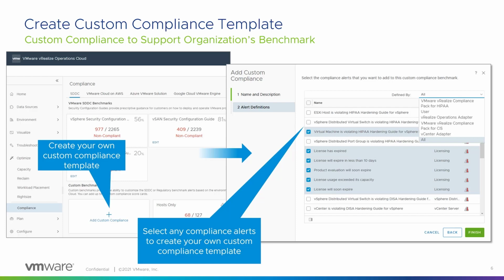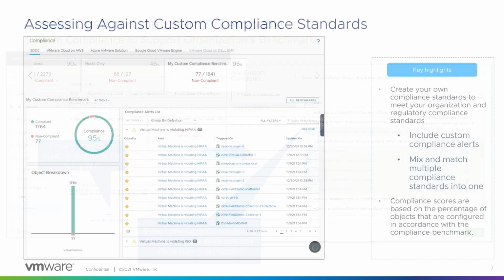Now, some organizations have their own guidelines to ensure consistency and want to create their own compliance templates based on this criteria. To create your own custom compliance template, just click the Add Custom Compliance button on the Compliance view within vRealize Operations. This will then prompt you to select what alerts you want to use to make up this new compliance template. After your custom compliance template is defined, vRealize Operations provides a summary of the security posture for that template in the same manner that it does for the out-of-the-box templates, as well as the optional compliance templates